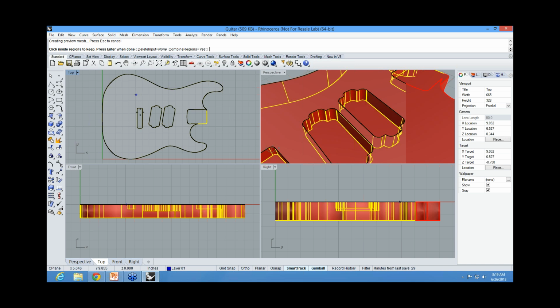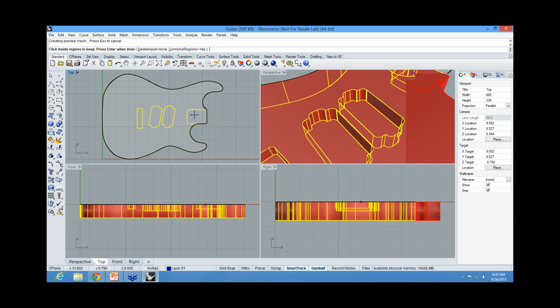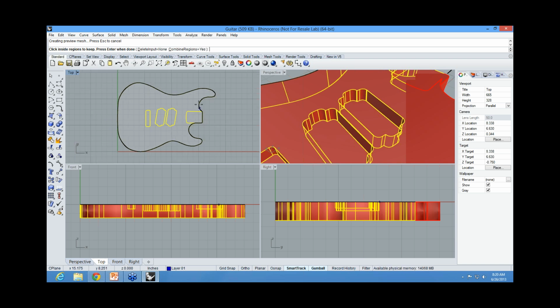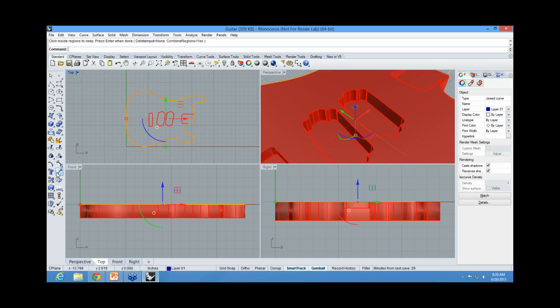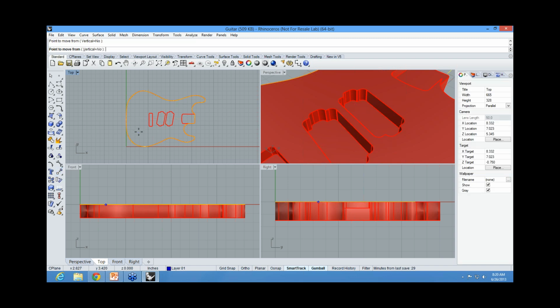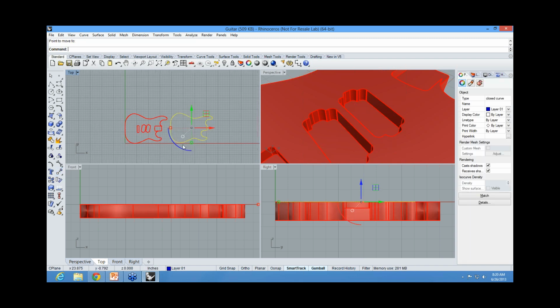What's fun with curve boolean is if I continue to click in areas, it will add them together. So if I want to get a quick outline of this guitar shape, in order to use it in a machining operation, you can see that I can quickly get a nice outline. That's the 2D outline. It's completely closed. It's very cleaned up. If there's any overlaps or any small loops in the curve, this curve Boolean command will take that out. So I can quickly grab that outline, and I'm going to move this off to the side